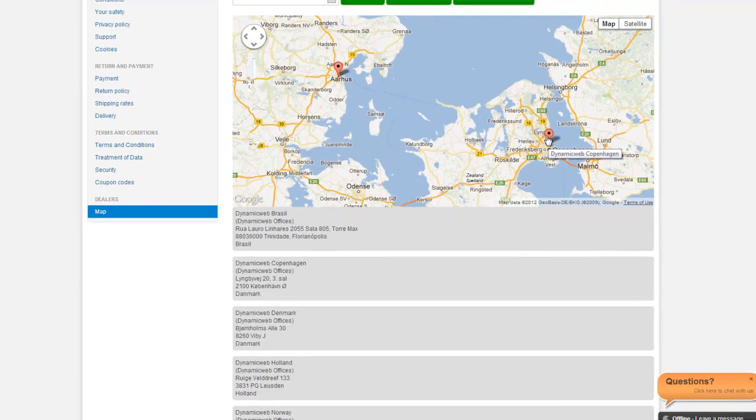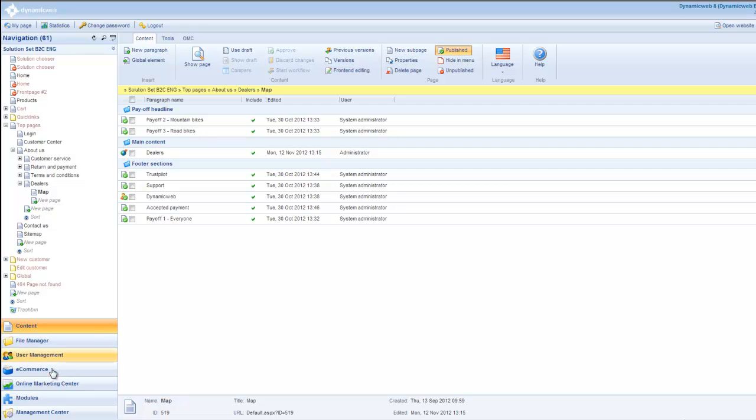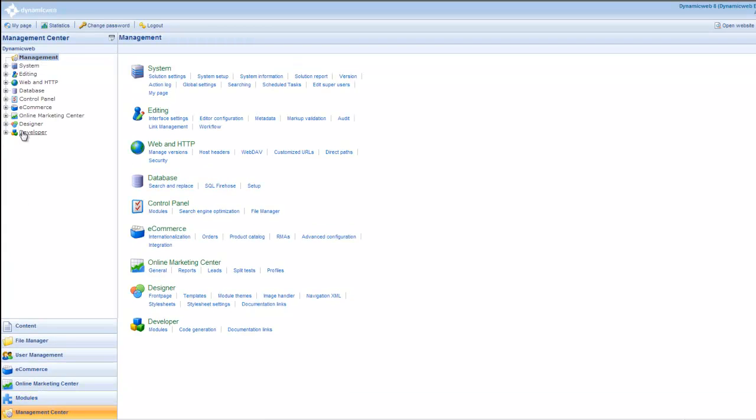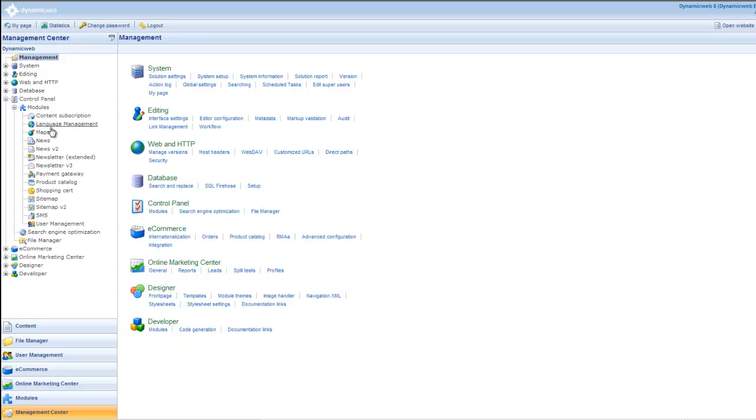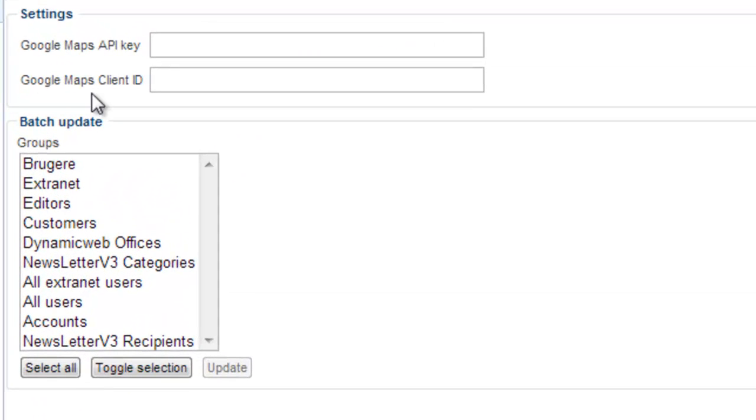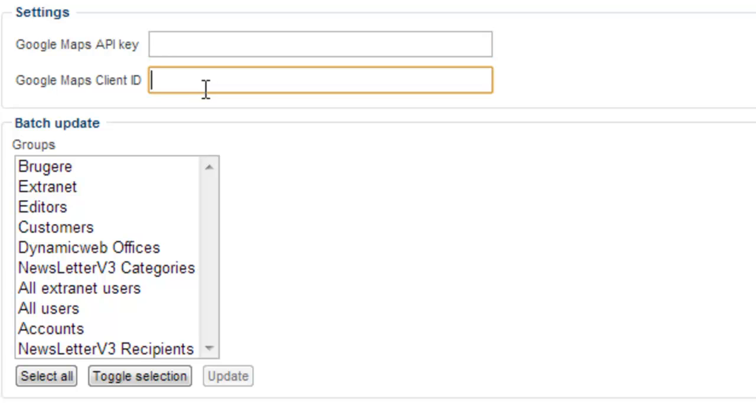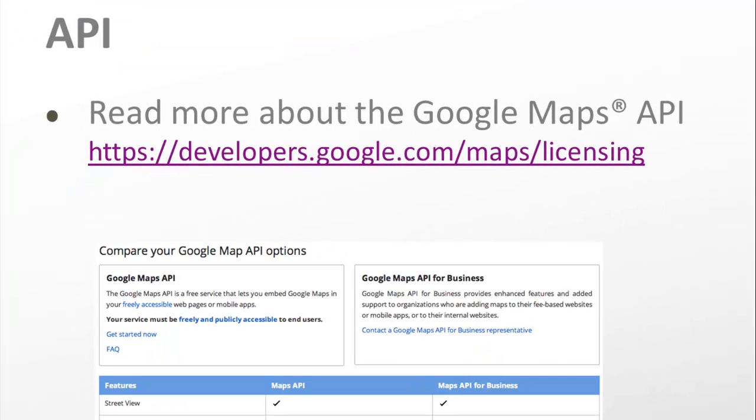The last place for us to go for this video presentation is back to the back end, where I'll show you the admin settings for the module. So if you just follow my clicks, you'll get to the admin interface of the Maps module. There's not much to be said. You have an API key that you can obtain from Google. There is an upper limit of interest points that you can have on the map. If you need a lot of interest points, you will need the API key, and you can read more about it at